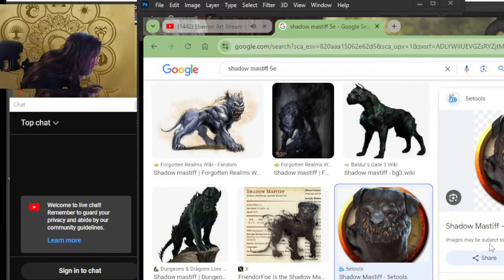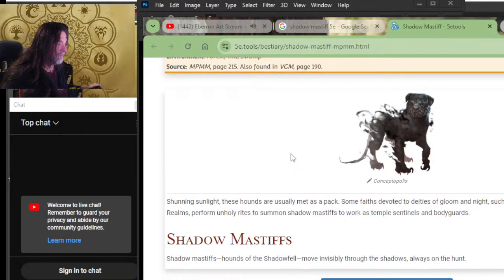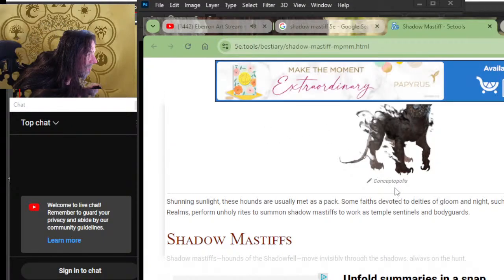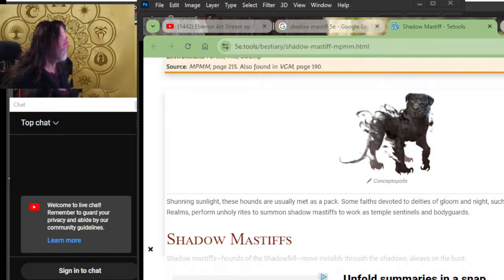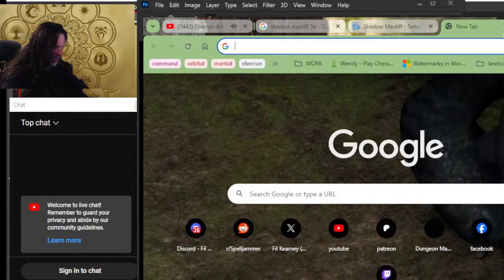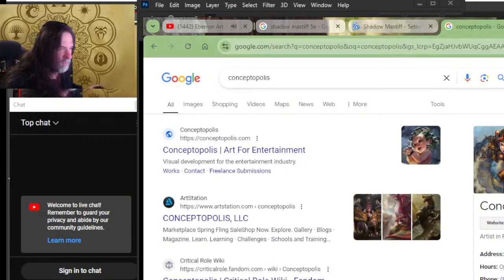Do we have an artist's name on this one? 5e Tools, that's probably going to be a no. But let's see. Conceptopolis. Maybe, let's check it out.